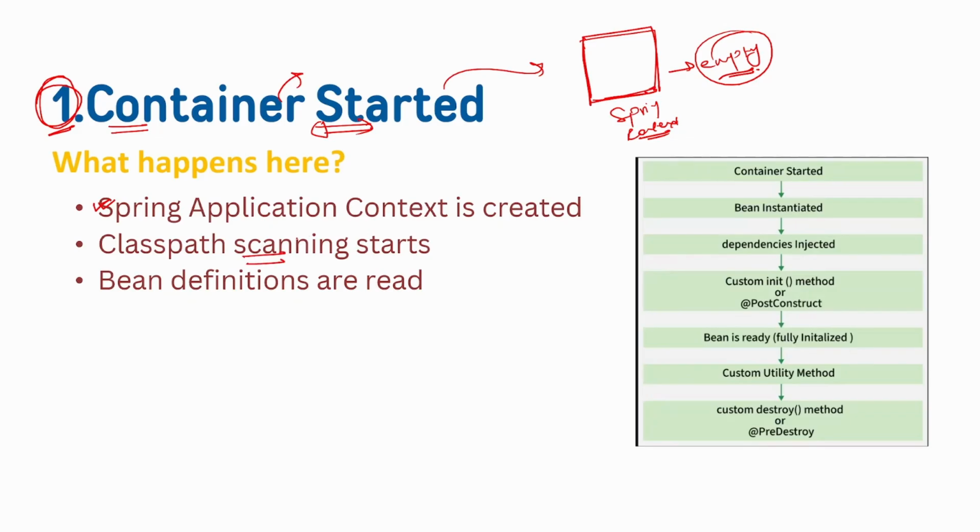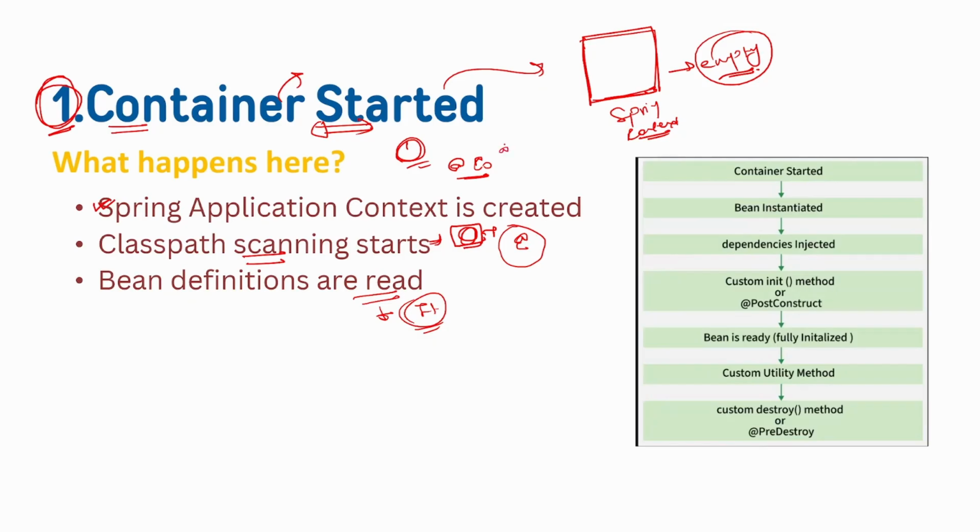Now in the second part, the classpath scanning starts, like when we write the component scan. It will scan all the classes available in the given package and search for any class that is marked with stereotype annotations, and it will read the bean definitions. So in the first phase, the container started, an empty Spring context is created, and with the help of the component scan,